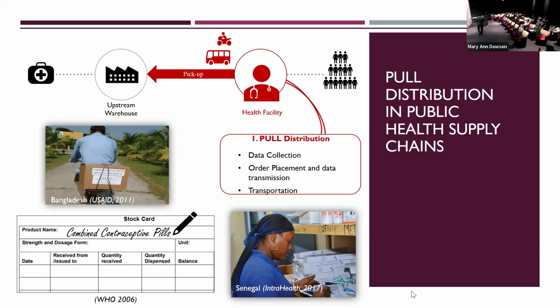So excessive supply, we did not find a problem, not on a wide scale. But with excessive supply, what can happen is the products can actually expire. And also, sometimes you have to keep track of that information on this card. If you don't track it, you might be giving out expired products, which again compromises health outcomes. So there are multiple problems if you don't keep track of information.